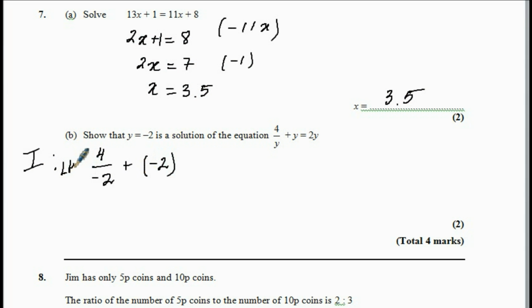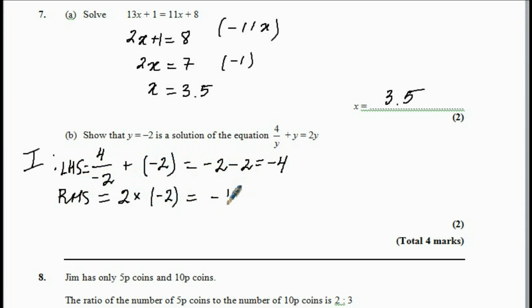That is the left hand side, and the left hand side will be equal to positive 4 divided by negative 2 is negative 2, plus negative 2 is minus 2, which is minus 4, and the right hand side is 2 times negative 2 for y, right? So positive 2 times negative 2 is negative 4. As you can see, left hand side is equal to right hand side. Then you write the conclusion. So y equals minus 2 is a solution of